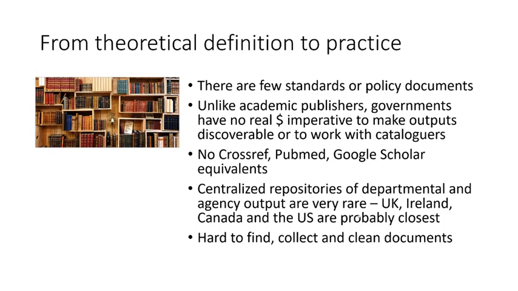Academic publishers have a very real commercial imperative to make outputs discoverable, right? Journals want more people to read their output or to subscribe to their output potentially, and certainly to cite their output. Governments don't have that incentive. They have a kind of public mission, but it's not tied necessarily to anything that's going to force them to make changes quickly. There's no central identification or method of deduplicating policy documents across different sources or anything like that. No central search engines, so that's what we're trying to do with Overton.